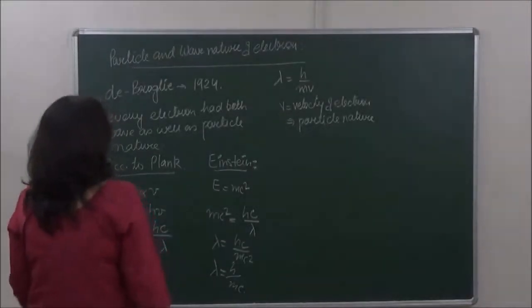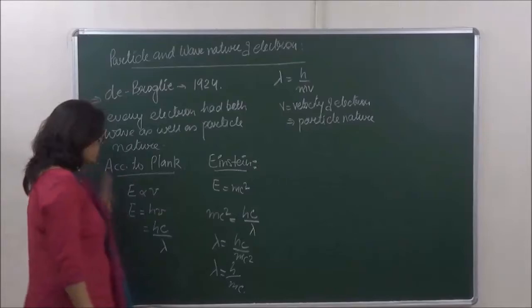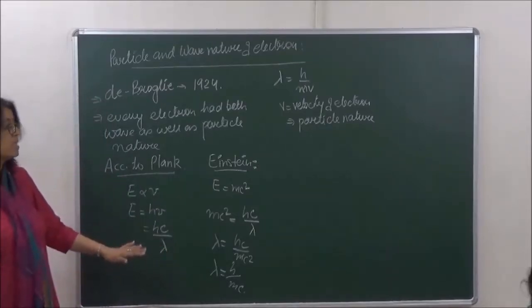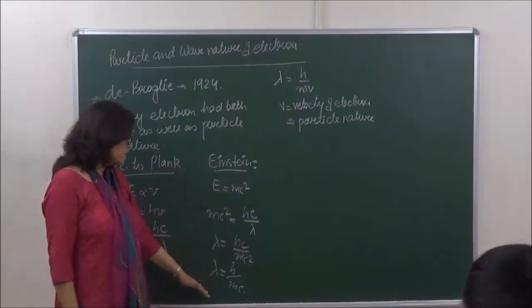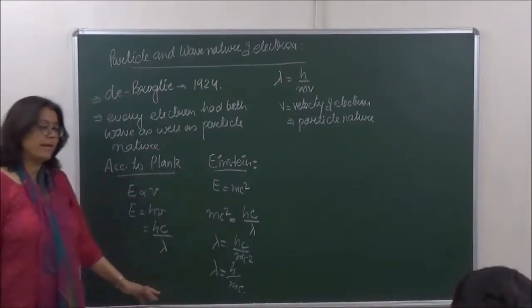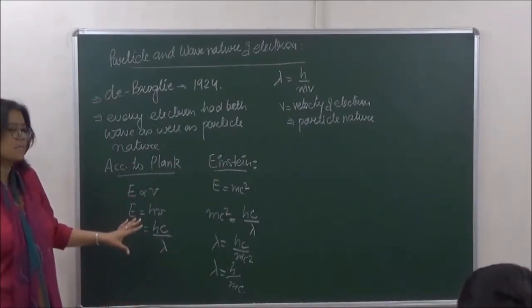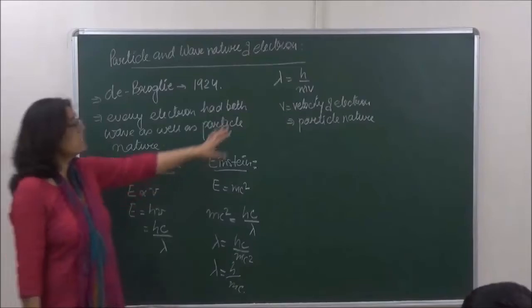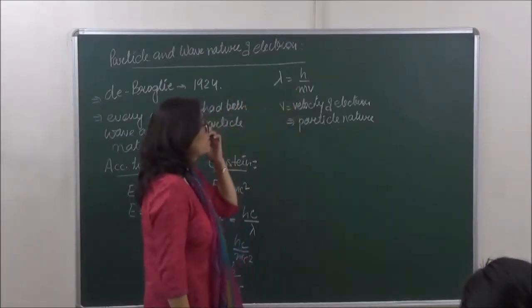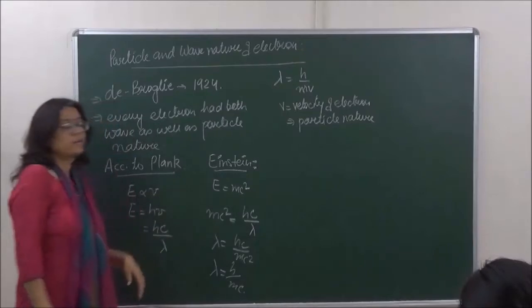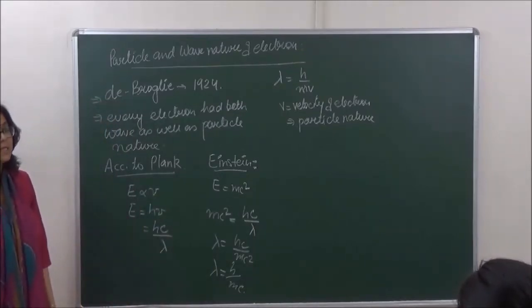This is what we are doing: de Broglie gave us a relation, lambda is equal to h upon mc, or lambda is equal to h upon mv, right? When we are taking c over here, we are taking the velocity of light, and the electron is considered as a wave. But when we take this, lambda is equal to h upon mv, where v is taken as the velocity of the electron when the particle nature is taken.